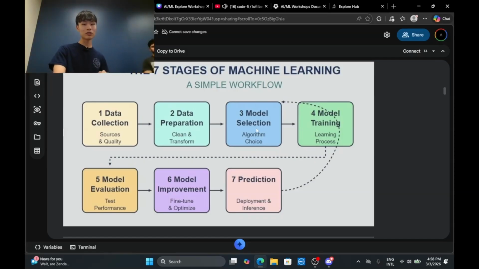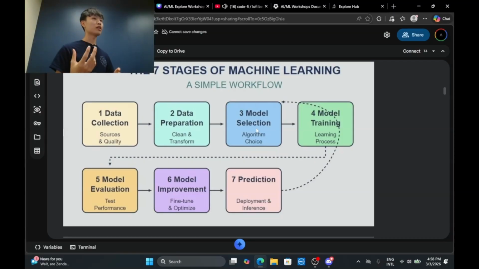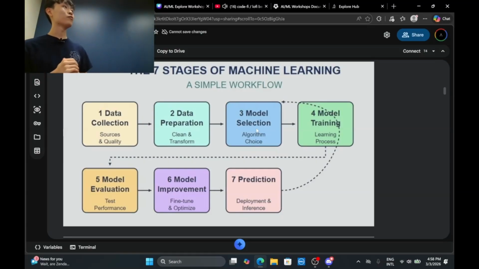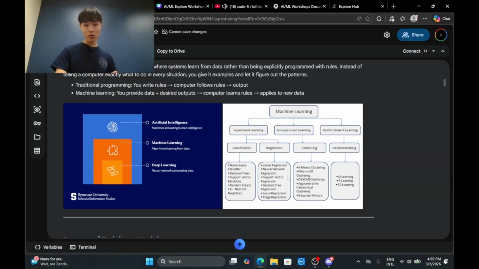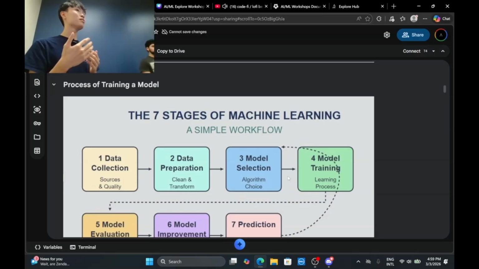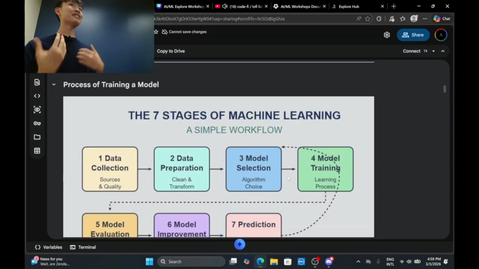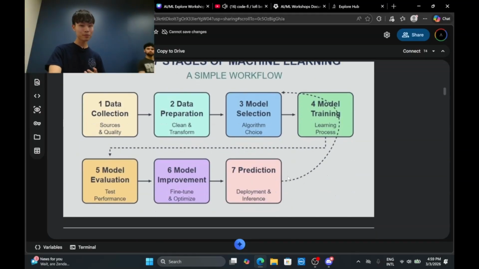The third step is to select the model. As I said before, there are a lot of types of models or algorithms we can choose from depending on the task. For example, for housing prediction, we can choose a regression. I can choose linear regression models, neural network regression, or random forest regressor. I can try out these different algorithms to see which one best fits my final goal when training a model.